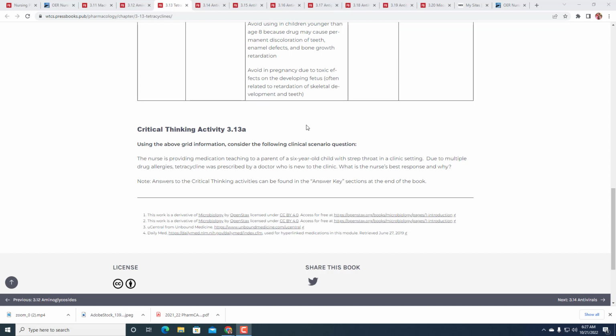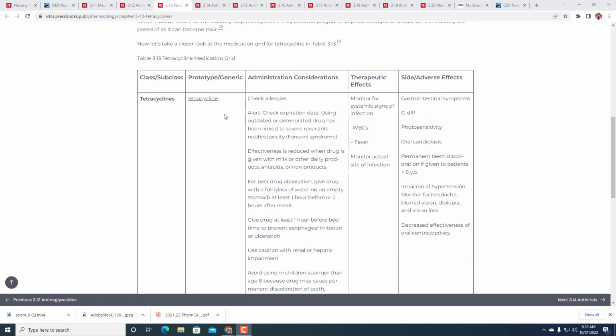And so we see a child, we see an age, and immediately we're looking at what's going to be the issue. You might be able to see it here in the table, but we want to avoid using tetracyclines in children younger than age 8 because it can cause permanent discoloration of the teeth, some enamel defects, and bone growth retardation. So, how do you know something is a tetracycline though? Again, this is one of the drugs that has that stem,